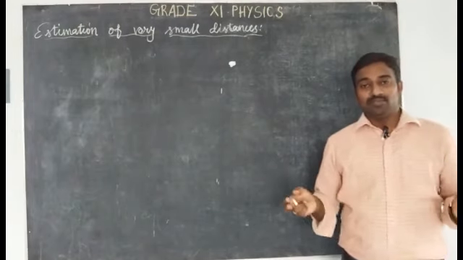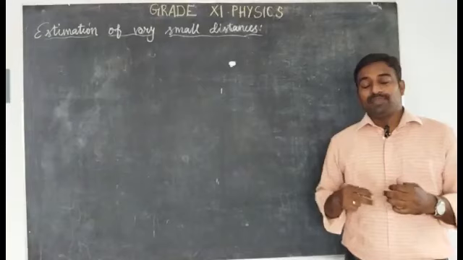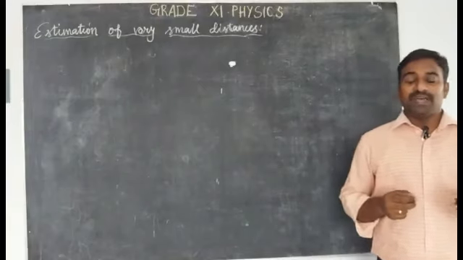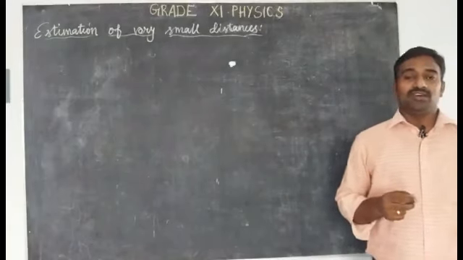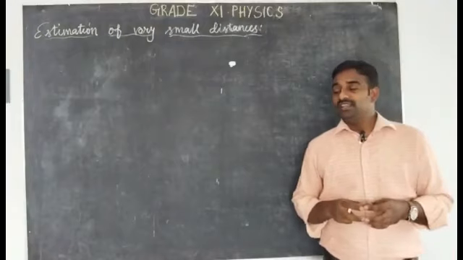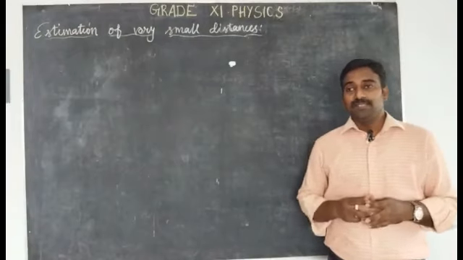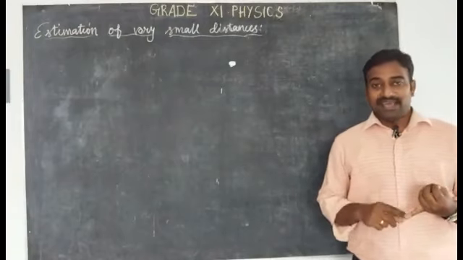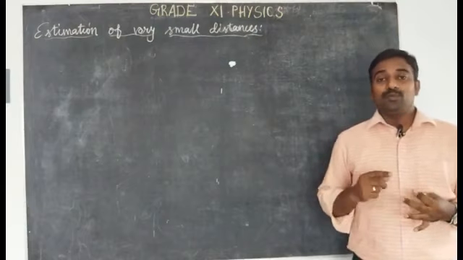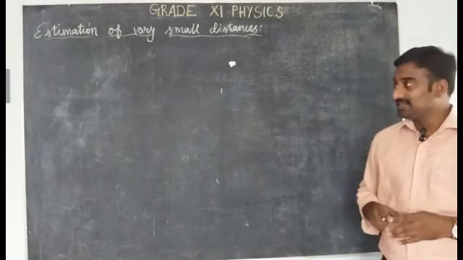That is the distance between two planets, or the distance between the planet and the sun, or the distance between a planet and another star. Similarly, we can measure any distance. So what is the parallax method? What is the basis? What is the parallactic angle? That also we have discussed.